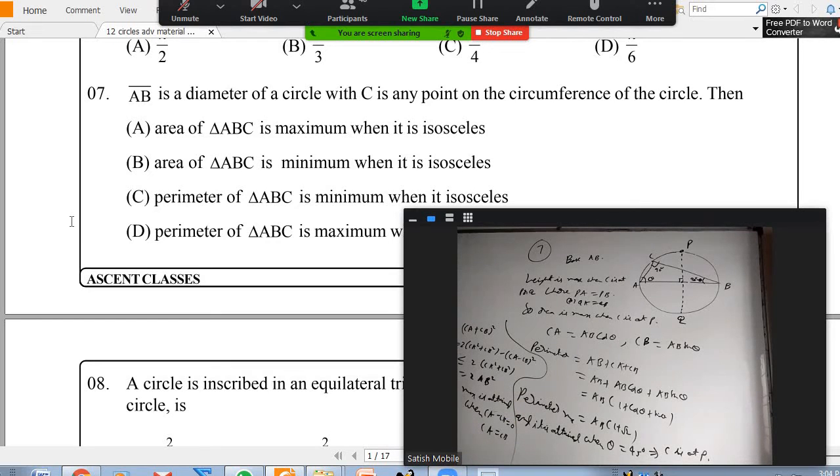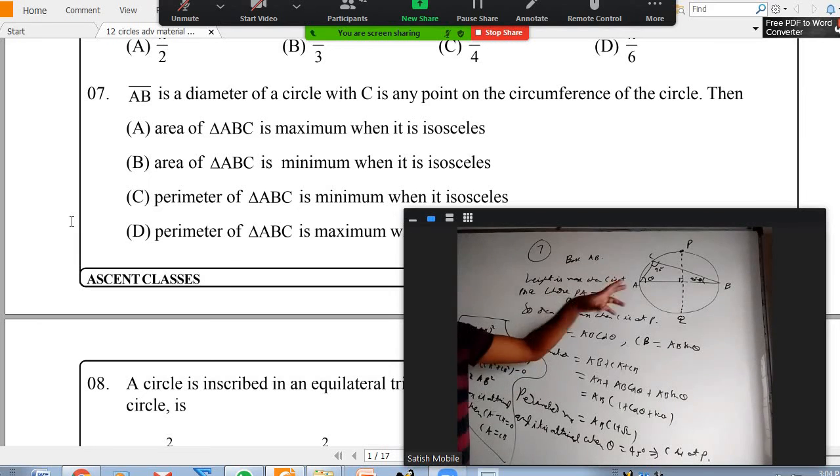So what I have done here: we know A plus B whole square plus A minus B whole square is 2 into A square plus B square. Based on that, I wrote A plus B whole square as 2 into A square plus B square minus A minus B whole square. This is a constant, this is a variable. Something minus something, you want it to be maximum, means the subtracted part should be 0. So the maximum value of this is this, attained when CA equals CB, which means it is isosceles. So simply by algebraic inequality we can prove it, or we can also prove it by trigonometry.